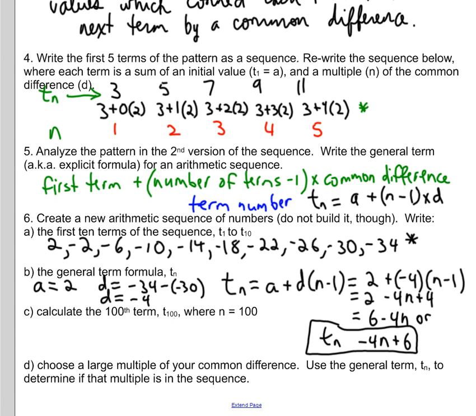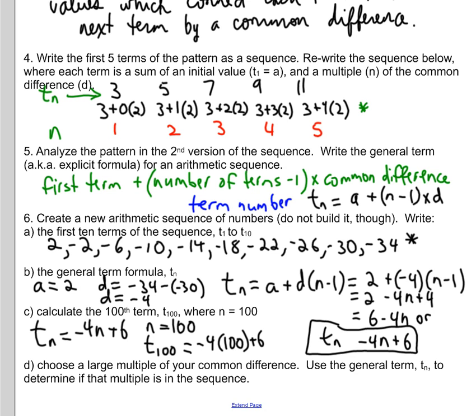Calculating the 100th term. Clearly we don't want to be adding negative 4 another 90 times. So we can just go right to the explicit formula, which is negative 4n plus 6, and we want to know the 100th term. We're going to substitute as we would in function notation, 100 for our term number, and that would give us term 100, a sub 100, equals negative 4 times 100 plus